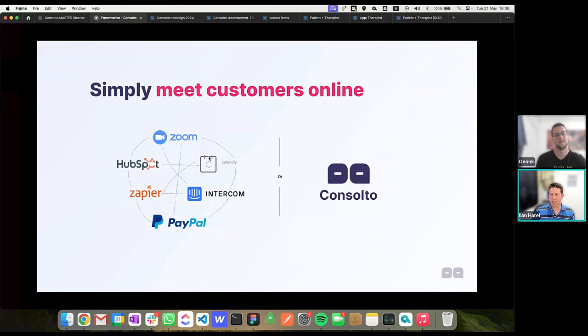Okay, and I'm not saying that we're as good as Zoom, for example, in their video conferencing, or as good as Calendly in their appointment scheduling, or as good as Intercom in their live chat from the website. But what I'm saying is that we have something that is good enough. We don't have all these tiny nitty-gritty features that they may have, but no one really needs. We have their core that everyone needs to handle and have conversations with customers. So that's why we're here.